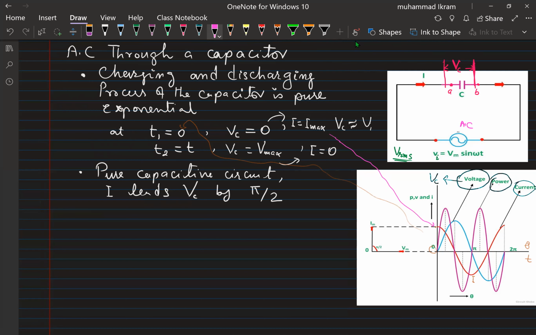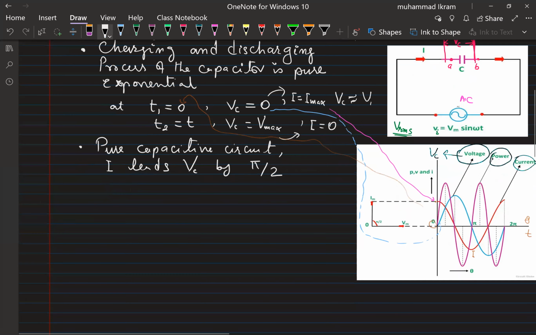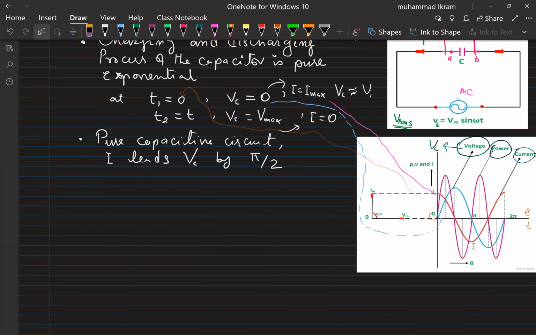Your I is maximum, and you see your VC, the potential difference across the capacitor. Look at this thing. This potential difference across VC is 0. Here you see it. Okay, so now to find the relation between these, or to prove this mathematically, we will